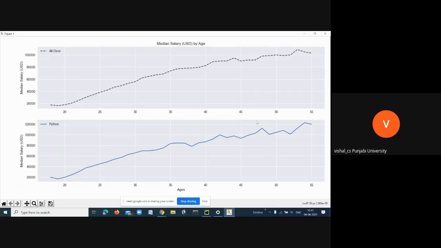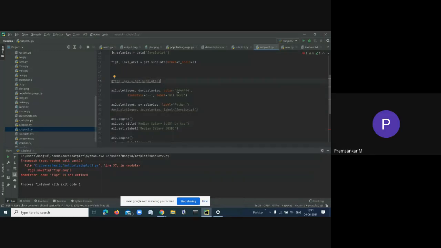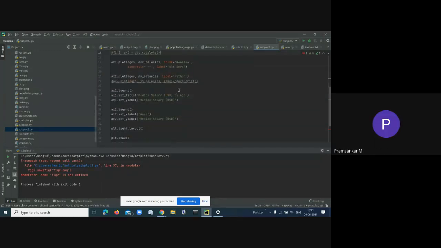I don't want this 20 here, I don't want this 25 here, I don't want this 30 here because it is already there. I want it only here. Can you do that? Do it and let me know. Quick.